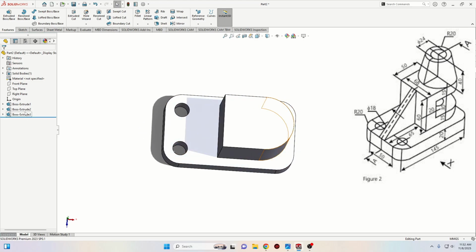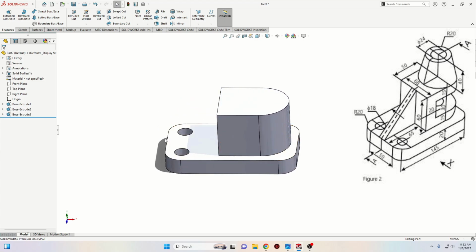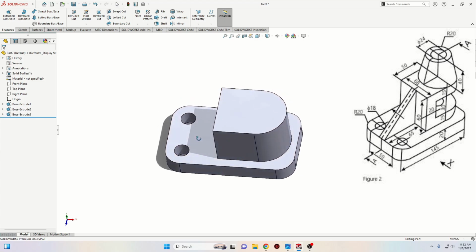We have 2 instead of 1 extruded body here, so this is just a small part and it has no big importance, but if you have a more complex part, it's better to have as few actions as possible, because it will greatly reduce the time when you want to look for something or when you want to change something. So yeah, anyway,